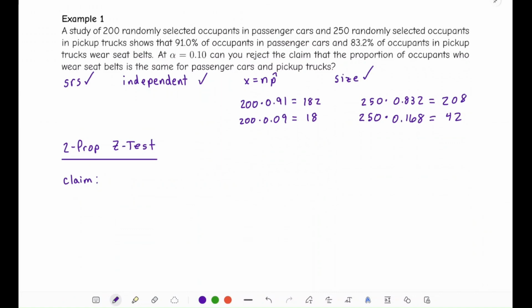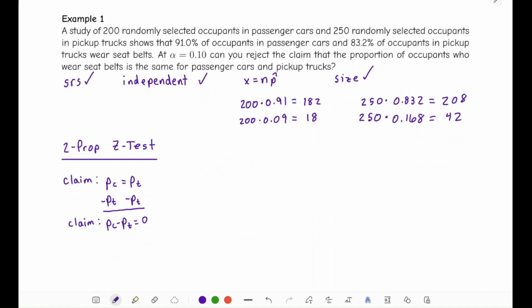So the claim here is that it's the same, so that p cars is equal to p trucks. Just like in the two sample mean case, though, for the two sample proportion case, we are going to want to subtract that. First of all, if we were doing the formula by hand, that would tell us which way to subtract it in the formula. And then if we're using the R function, that tells us in which order we have to type the data in. So because I'm doing PC minus PT in this example, I would have to type in cars first,